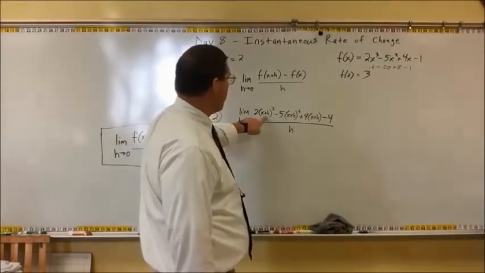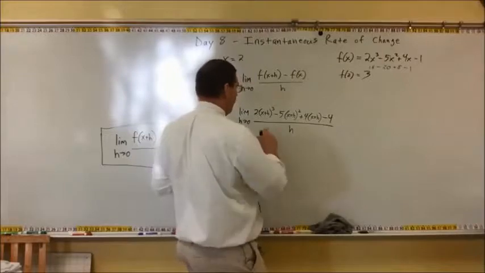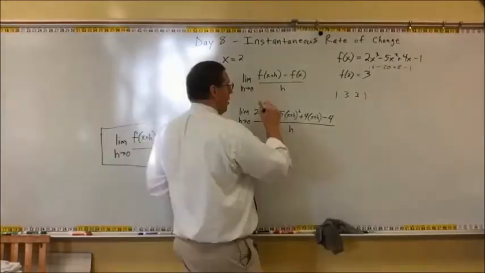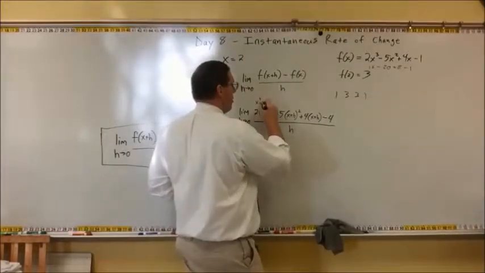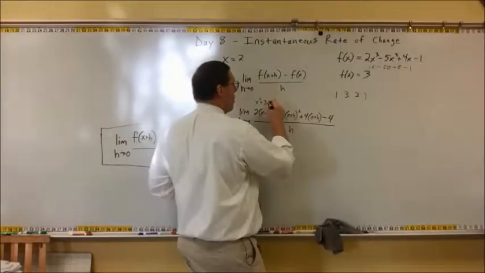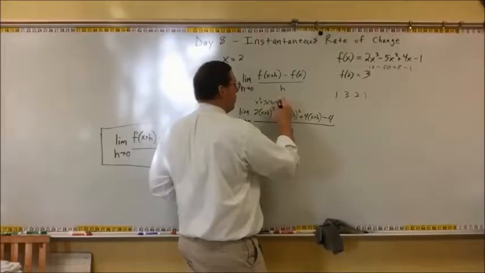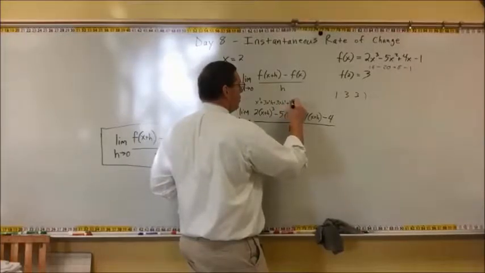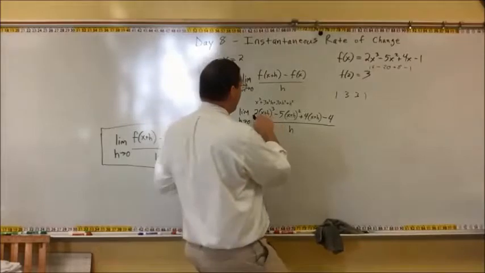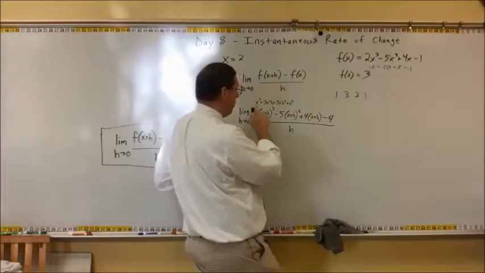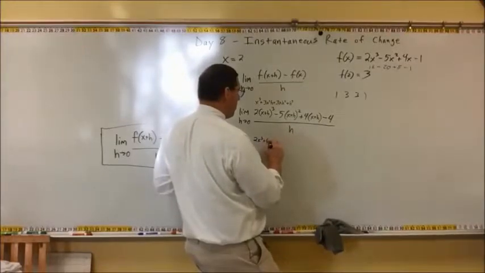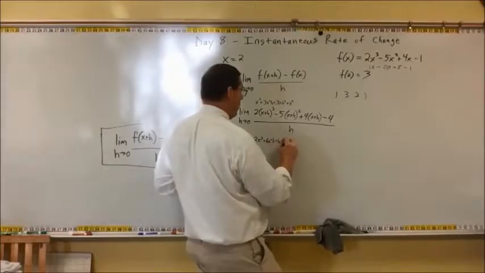Now, what's this going to become by the binomial theorem? It's 1, 3, 3, 1. So x to the third plus 3x squared h plus 3xh squared plus h to the third, right? Okay, now let's distribute the 2. Is that okay? We're going to distribute the 2 through here. So now it's going to become 2x cubed plus 6x squared h plus 6xh squared plus